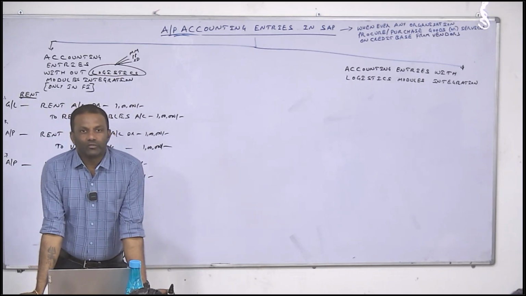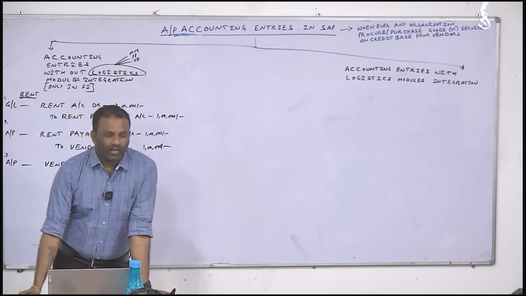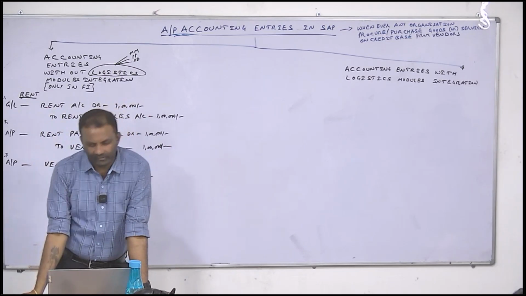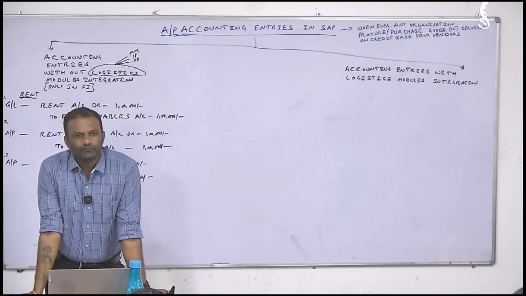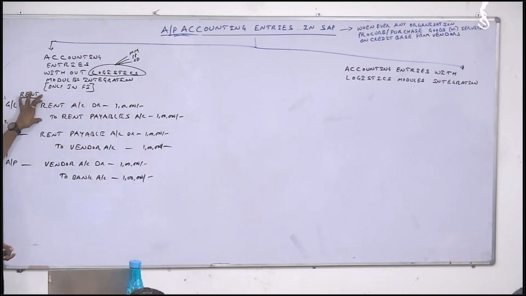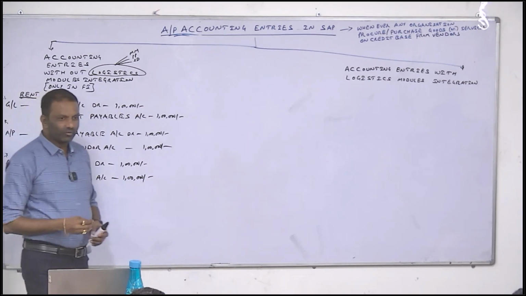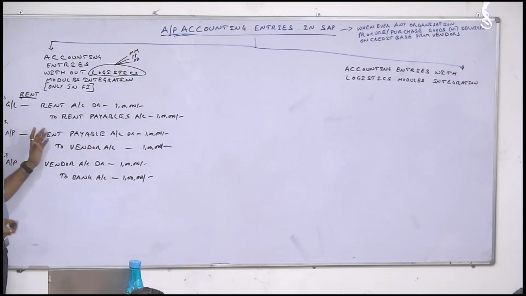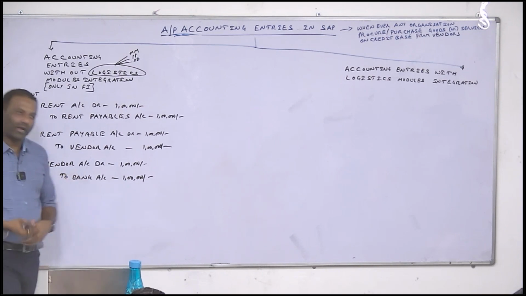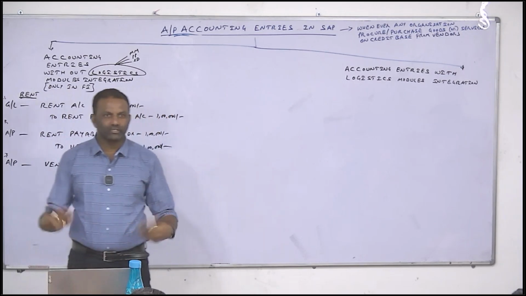Yes, I am paying to vendor. Normally how it happens, vendor will raise the invoice, they will send, and based on that we will post all these things. Anyways, just assume that I have given a check to vendor for my rent payment. I have raised rent account and rent payable. Then what is the next one? Rent payable account debit to vendor account. Then immediately he came, I have written a check and given it to him. Then what is the accounting entry I should post? Rent account debit to bank. I have posted in my books.